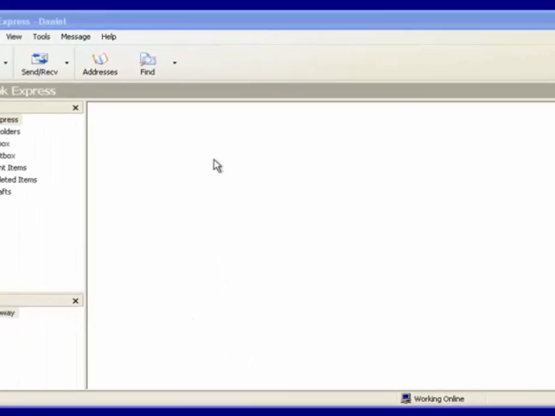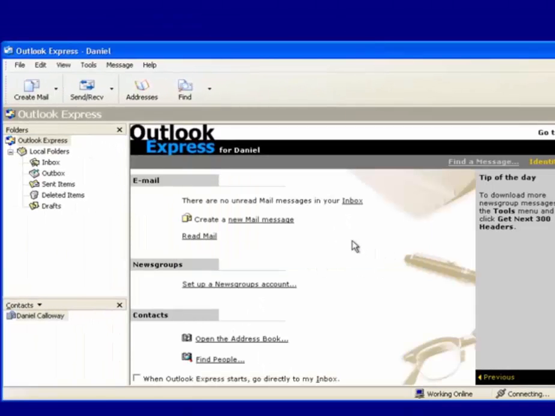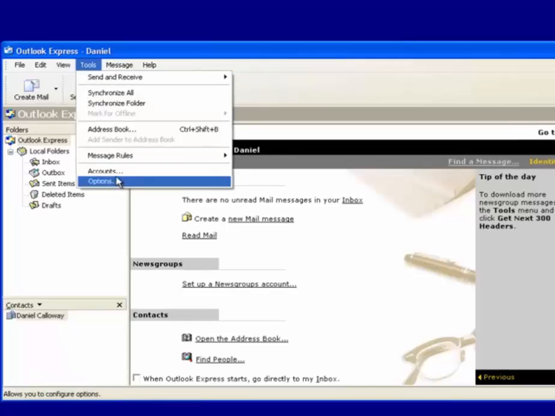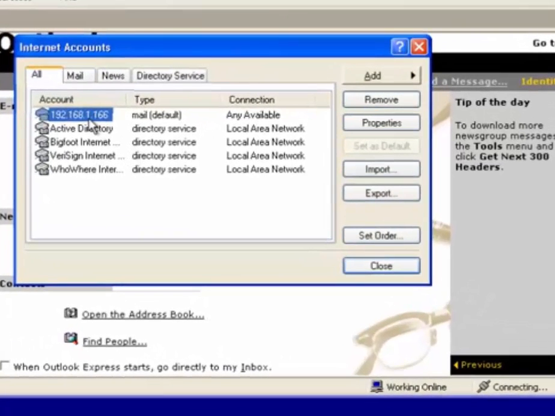All right, so I've got Outlook Express set up, and it's not the default, and let me go to tools, and accounts, and I've got the wrong IP address here, so let me click on properties,